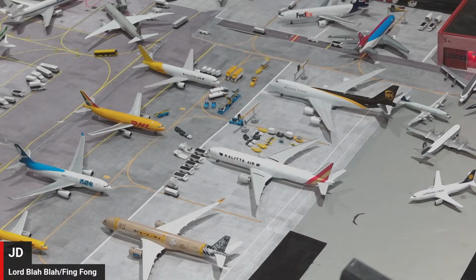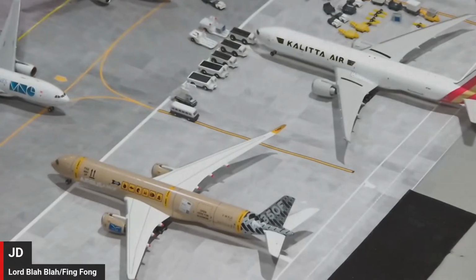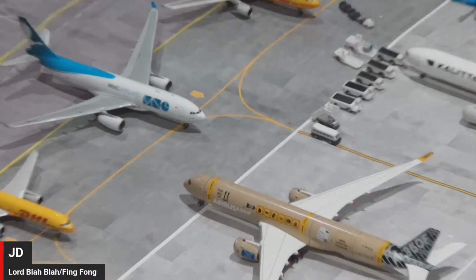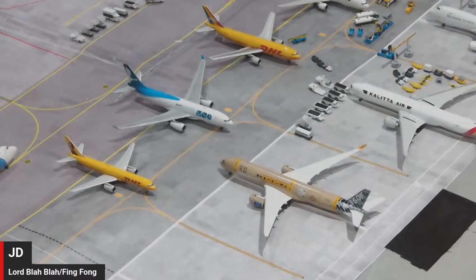The 767, obviously, was and still is an extremely efficient and well-loved platform. Much the same in terms of its range and capabilities as the 767 and the A300 there. They're the A330 with MNG there. Look at that. I don't think you can see, but that's a pure freighter, folks. She's got the bulbous, in fact, you can just about see that there, underneath above the front landing gear, the nose gear there. Can you see that fairing there, just above it, which is to raise the front of the aircraft up, because the A330 does have a very extreme pitch to it, which I think